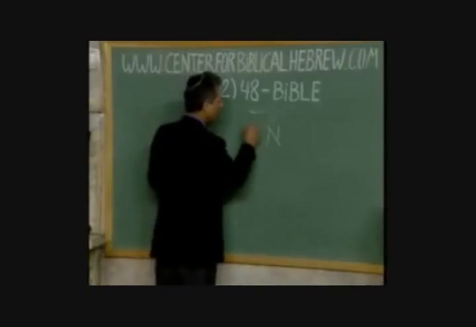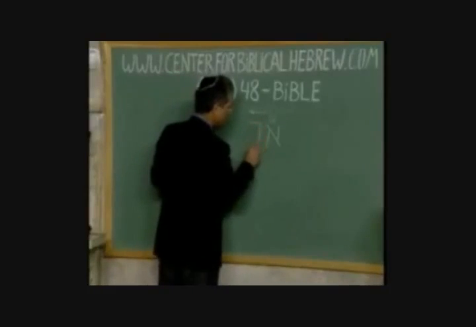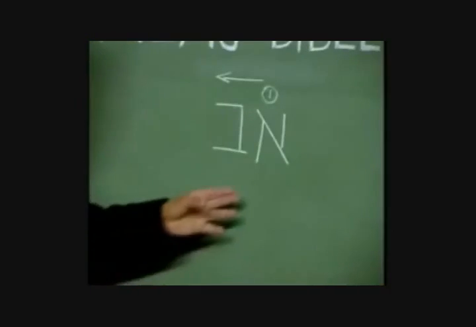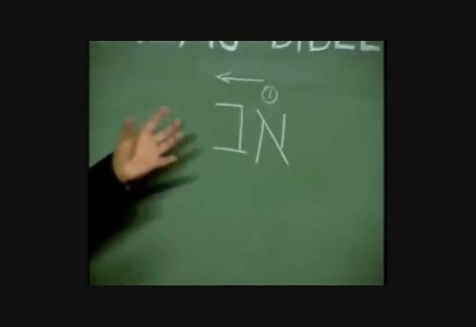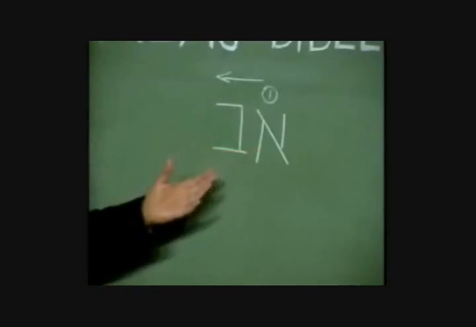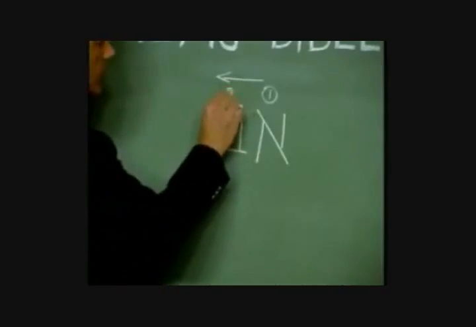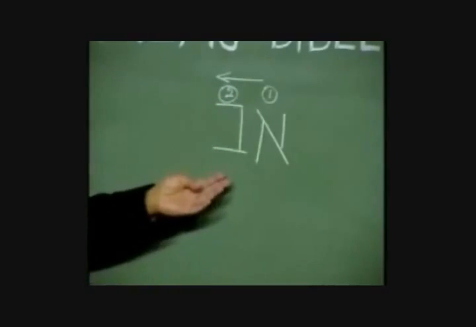Then the second letter of the Aleph Bet is the letter Bet. This is why it's called Aleph Bet. So the letter Bet, also graphically you can see, it represents Bayit, which is a home or a house. So when you put those two together, its numerical value 2, you get a sound, Av,